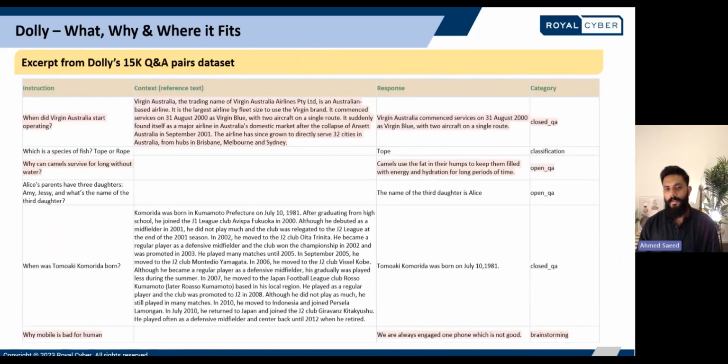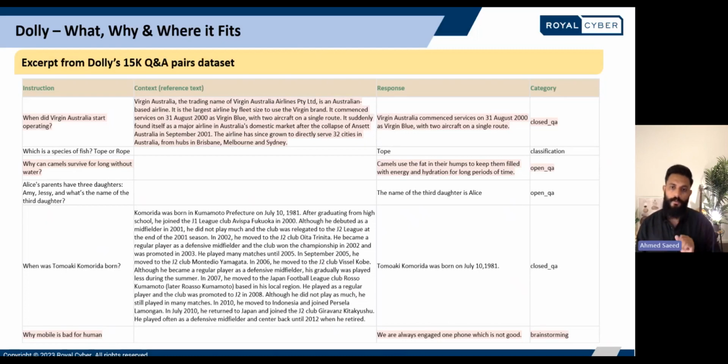And here we have a quick excerpt to demonstrate the schema of the model weights. So from the actual fine-tuning data set, which is available on Hugging Face. In this process, as demonstrated here, Databricks employees were invited to create prompt response pairs in each of the 8 or 7 categories that we've seen before, including all those 7 categories are actually part of the Instruct GPT initial paper. Each of these entries consist of 4 things.